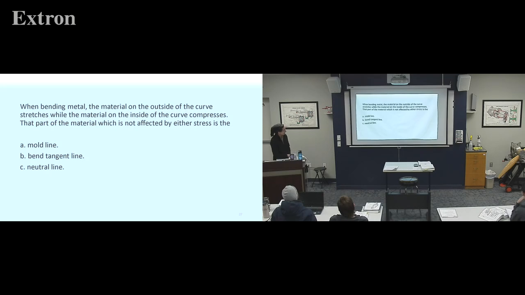When bending metal, the material on the outside of the curve stretches while the material on the inside of the curve compresses. The part of the material which is not affected